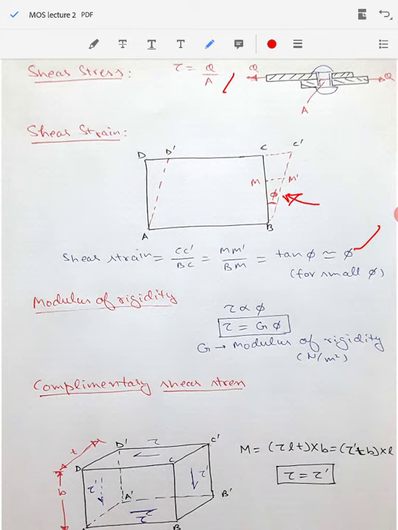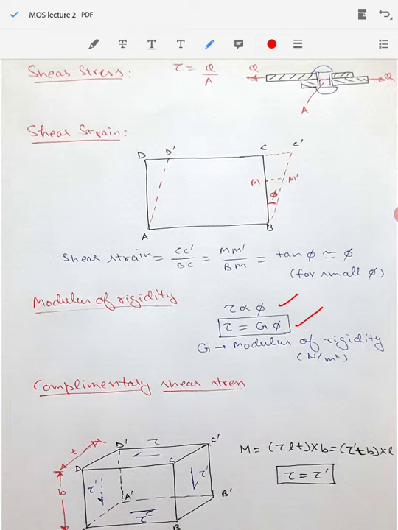As we have drawn the stress strain diagram in case of a tension, we can also do the similar thing for the shear stresses. We can plot a graph between the applied shear stress and the angular deformation that is taking place, that is phi, and we will find that there will be a straight line portion in that graph also. So tau will be proportional to phi. So this is the straight line portion where it will be valid, and we can use the proportionality constant G here, like we have used earlier the modulus of elasticity E.